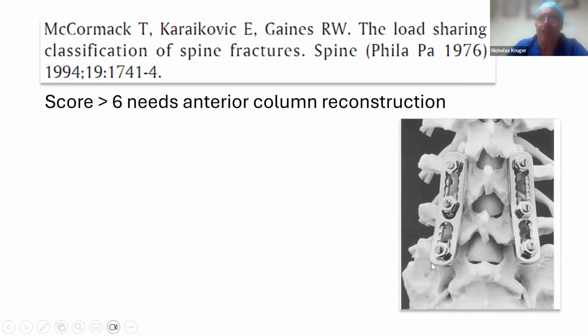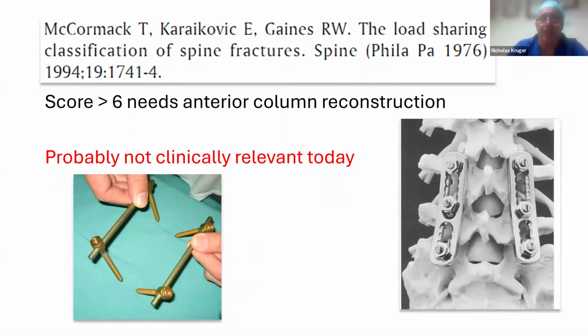You can see it's got these little screws that look like they come out of the hardware shop. It's stainless steel. They're not fixed angle screws, so it's a very bad system. So it's not really applicable to modern pedicle screw systems, but just know about McCormick and Gaines, and basically saying